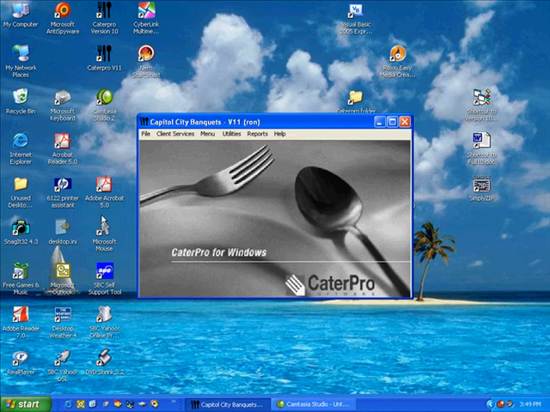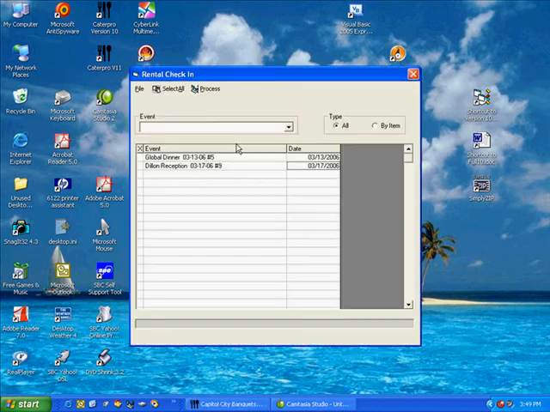Now we'll look at some other useful functions in Caterpro. First we'll look at rental check-in. Here's where you can check in your rental items, and the events shown here will be those events that have